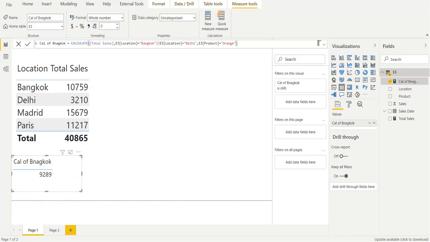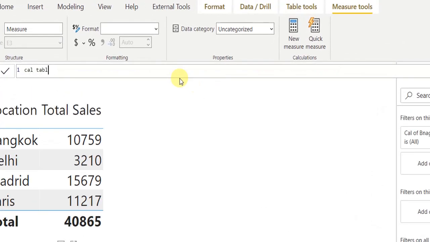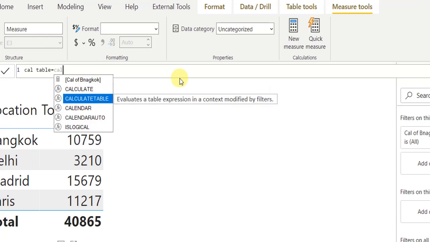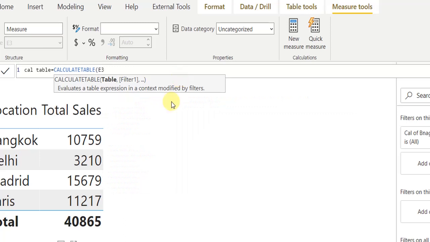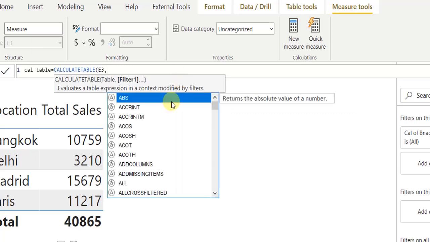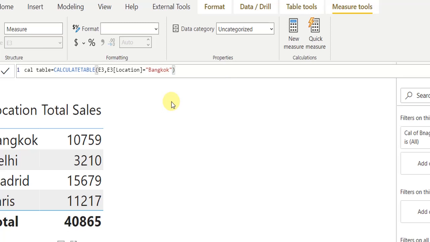Now let's take a look at how the CALCULATETABLE function works. If I try to create a new measure and name it cal table, and then write a CALCULATETABLE function, the first expression is a table. In our case, we have one table which is E3, comma, and apply a filter. Location is equal to Bangkok, bracket close. If I press enter,